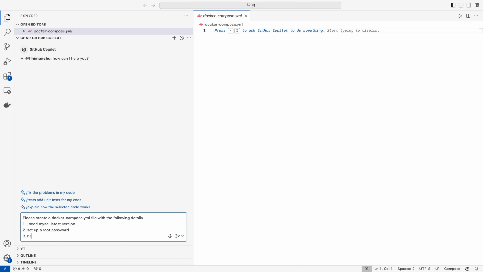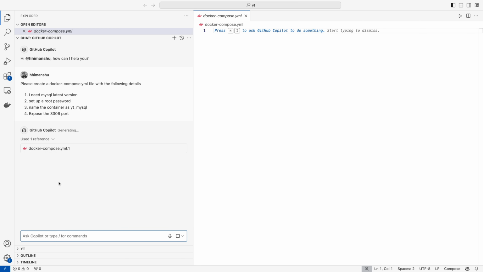Third, name the container as YT_MySQL. And YT tends to be YouTube because I'm making this video for YouTube. And then expose the 3306 port. And that's pretty much it. I need a Docker file using which I can spin up a MySQL Docker container. So with that, I will send this information to GitHub Copilot, and